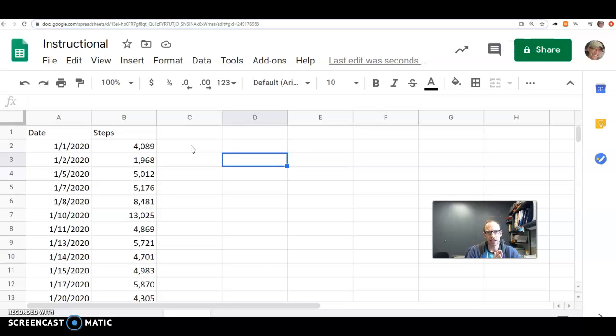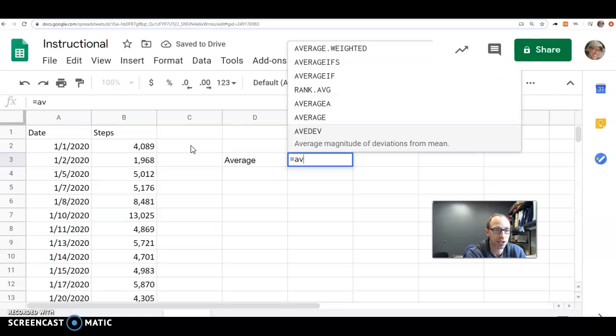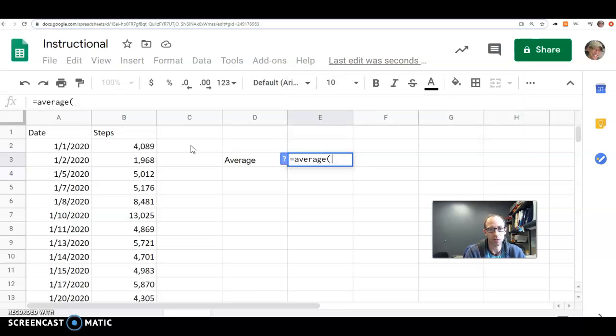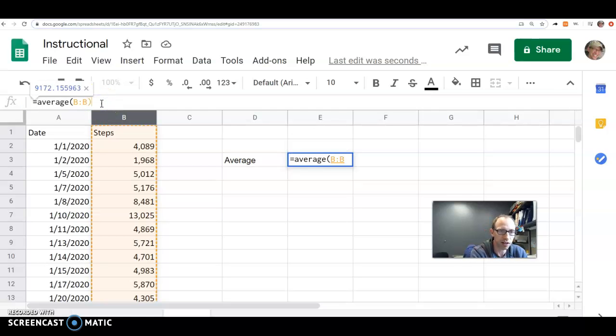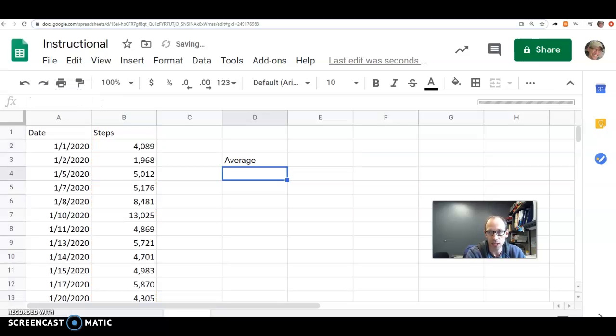Just get a sense of what the average number of steps I took was on the days that I had my Fitbit. So I'm going to just type the word average, and then I'm going to actually do the formula to calculate the average. Notice that one shortcut I can do is click on the column header, and that'll just take the average of every number value in the column. So in this case, it gives me